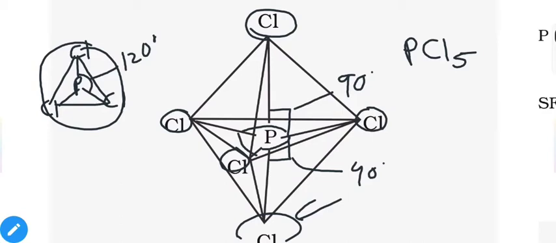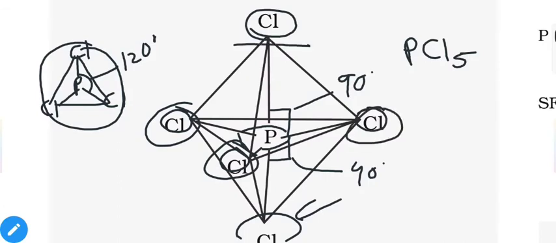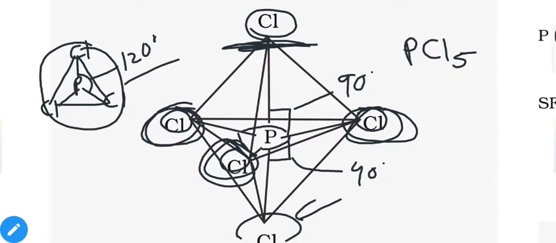So as we already know, as the bond angle decreases, the distance decreases, and if distance decreases, then repulsion increases. These chlorine atoms will repel each other because of similar nature, and if the bond angle is short, that means repulsion will be high. These 3 chlorines are at a 120 degree bond angle, so their distance is comparatively more, and these 2 are at 90 degree. That's why they will feel more repulsion from the electron pairs,